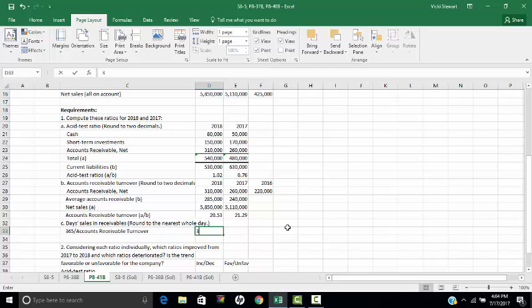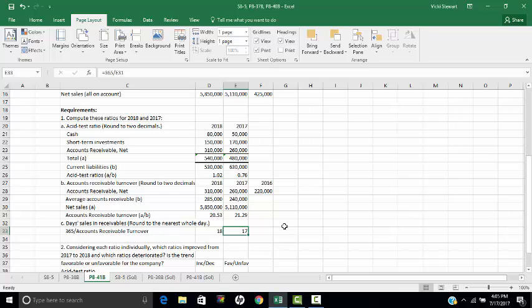So we take 365 and we divide that by our accounts receivable turnover, and we get 18 days for 2018, and we do the same thing for 2017, and we get 17 days for 2017. So what does this ratio mean? It means that on average we have collected our accounts receivable balance in 18 days in 2018 and in 17 days